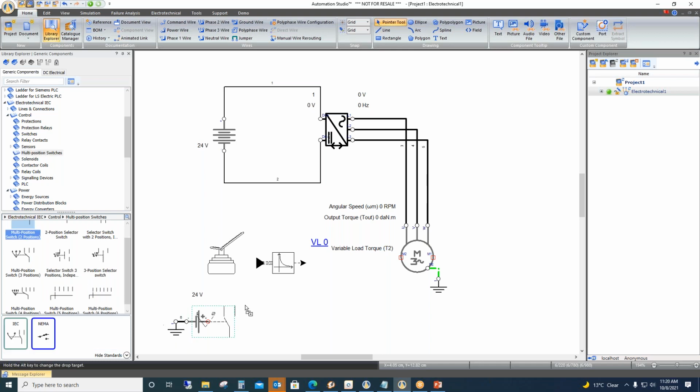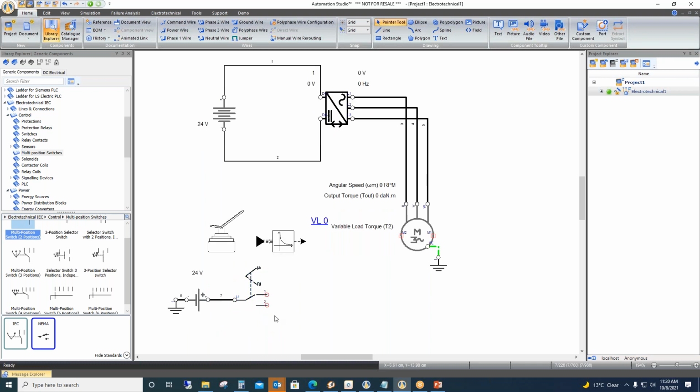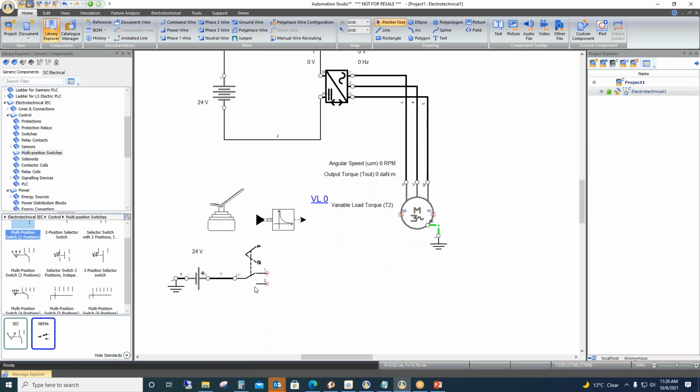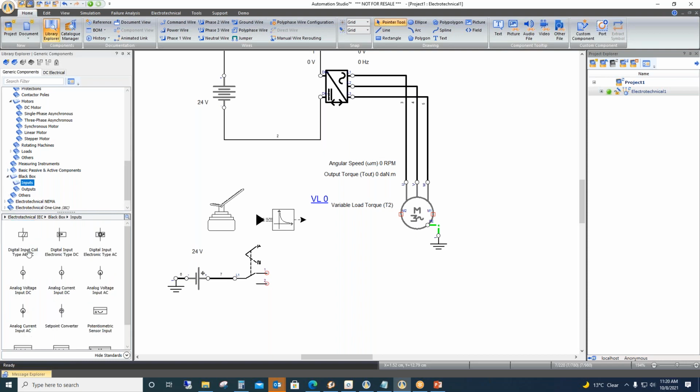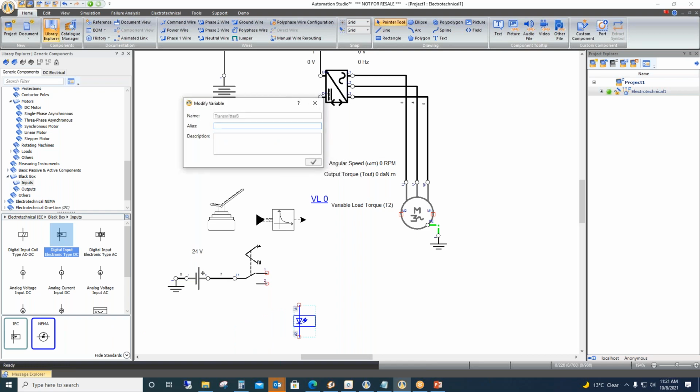I will take one 2-position switch here. And to the second contact of this switch, I will add one digital input. I will name the variable as ignition.